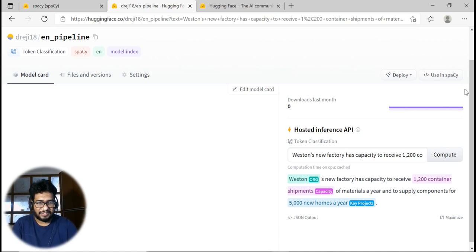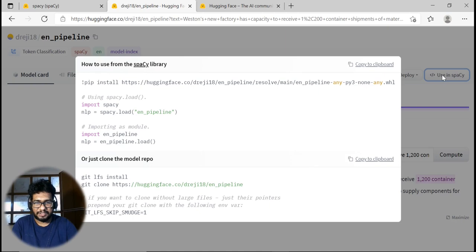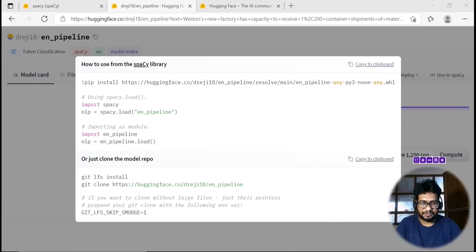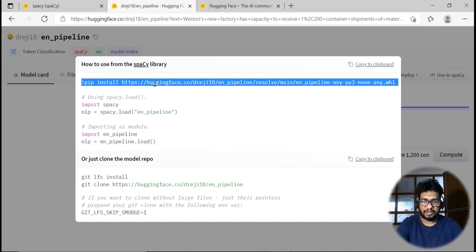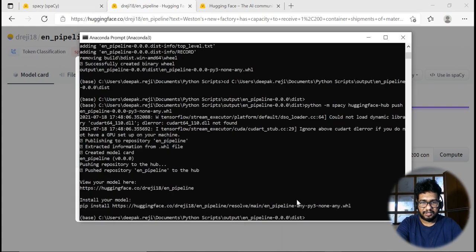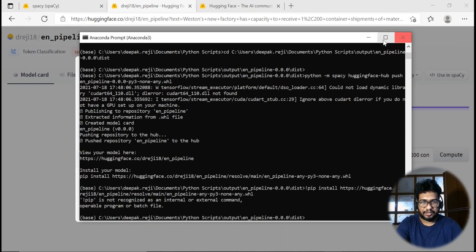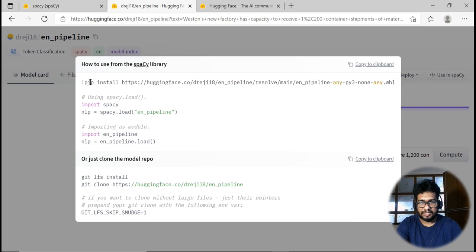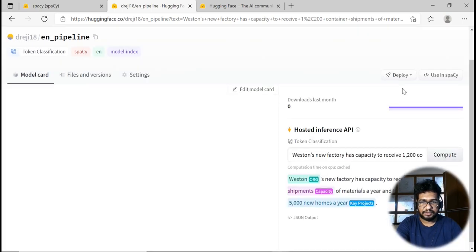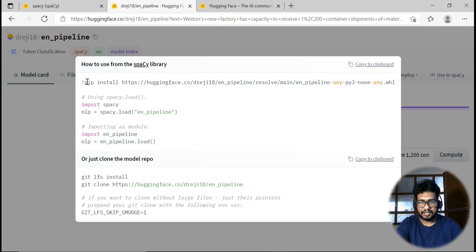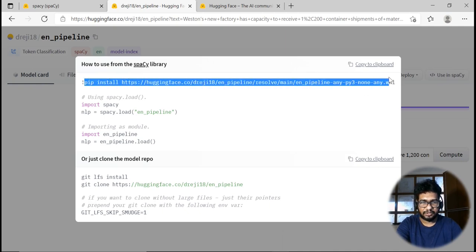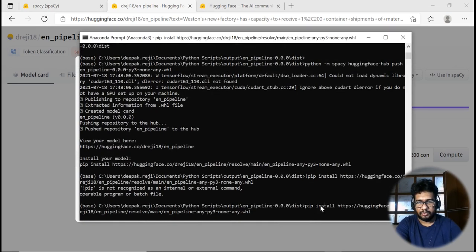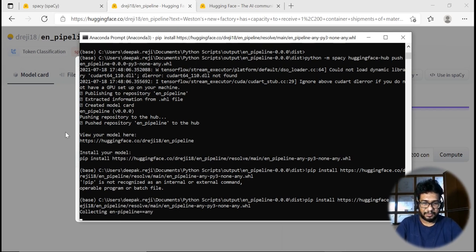That's the best part. To use it in spaCy, it will be the same old code which we all used. What we have to do is install this particular line. This is the command which we need to install first as a pip command, so that our model is copied to our system.